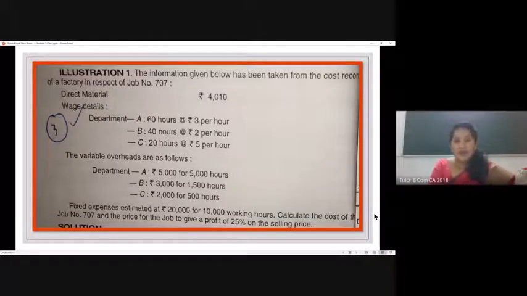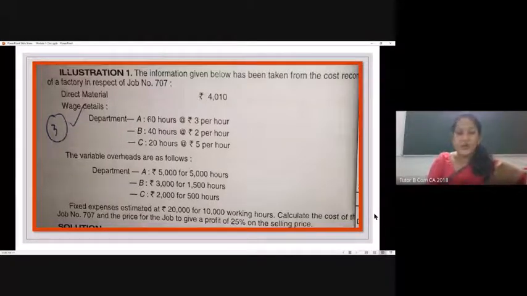We are given the material cost, the labor expenses, and the overhead charges, all in the question. And we are asked to compute the cost for this job, that is job number 707. So we know that if we really have to compute the price, we have to know the percentage of profit that's given in the question. But the only difference here is that the percentage of profit is given as a percentage on selling price. So we need to compute what it is as a percentage on cost, which we are yet to come to. When we are discussing, I will show that also. So this is the context in which we are going to compute our cost for job number 707.